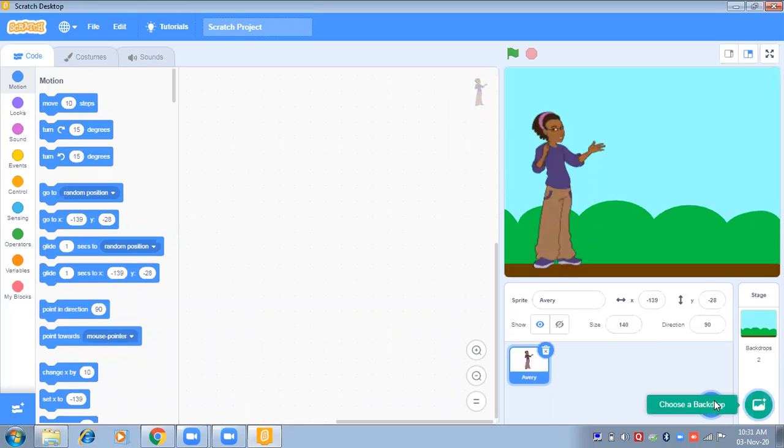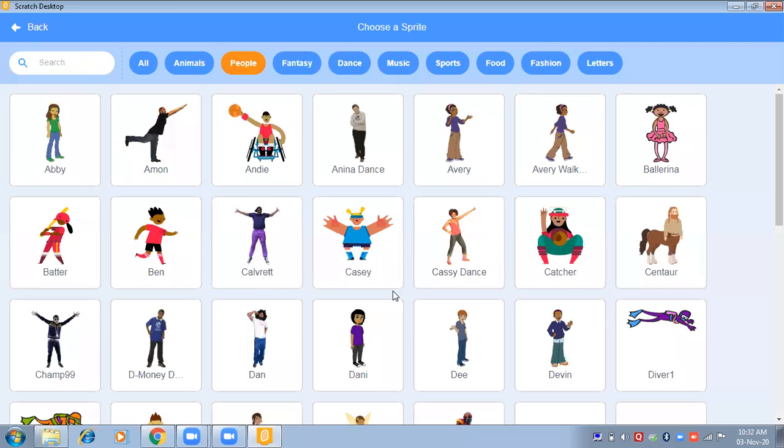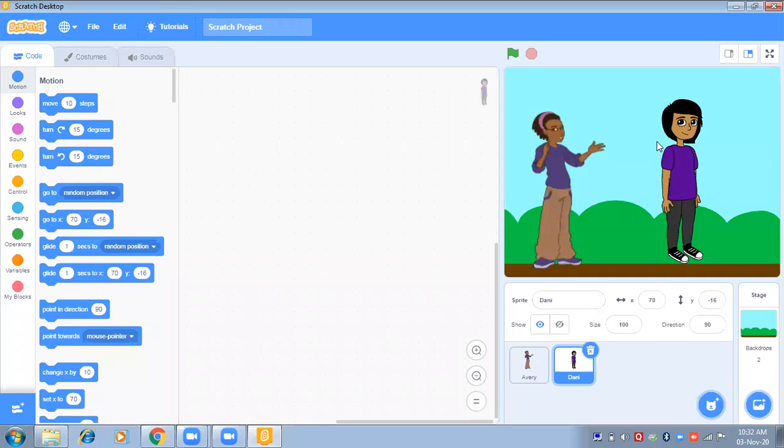Okay, now I'm taking one more sprite for a student. But the size is too big, so I have to reduce the size of the student. I'm making it 70. Now place it wherever you want.